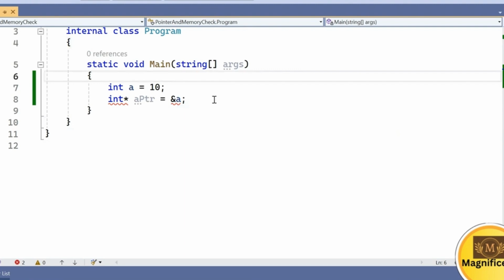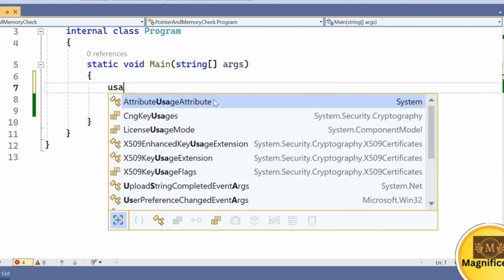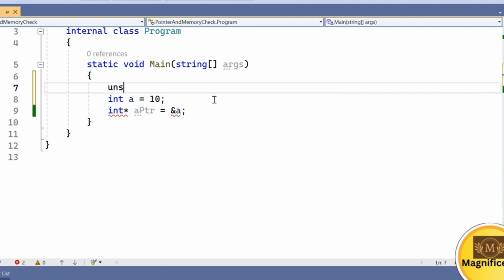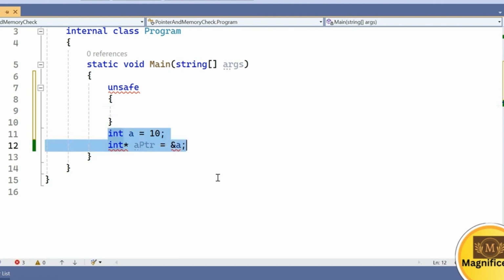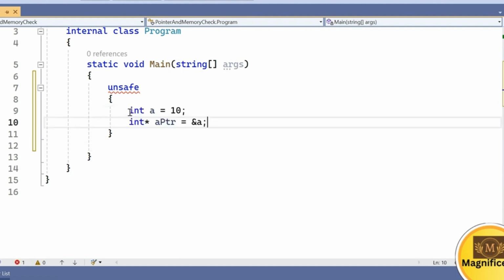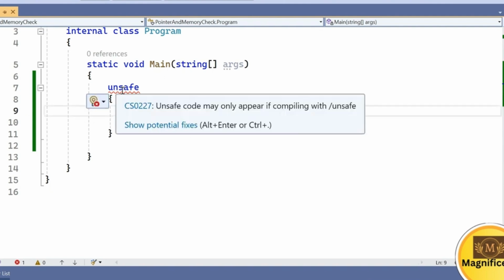So I have to cover this code with the unsafe keyword. Here I need to put the unsafe keyword, and whatever code I'm writing related to the pointer, I need to cover with unsafe. So I can move this code into the unsafe block. Now the error is gone from the code written related to the pointer, but now this unsafe keyword is